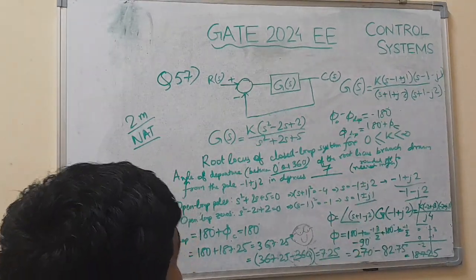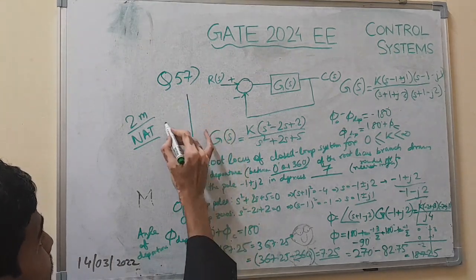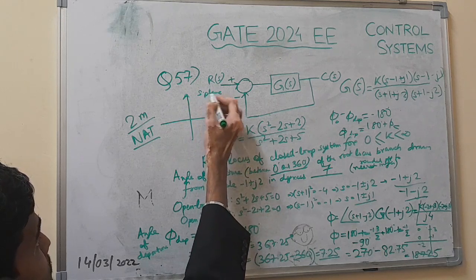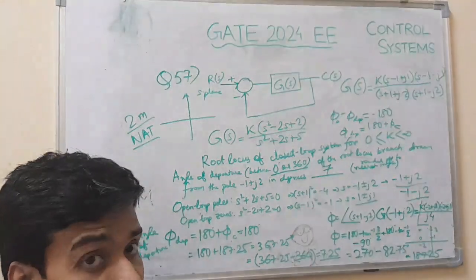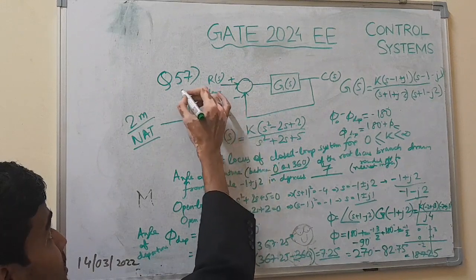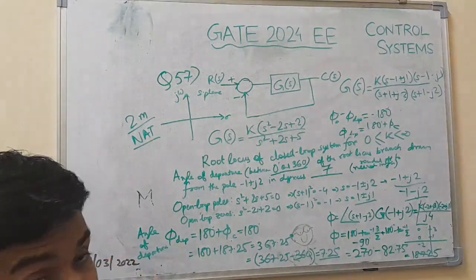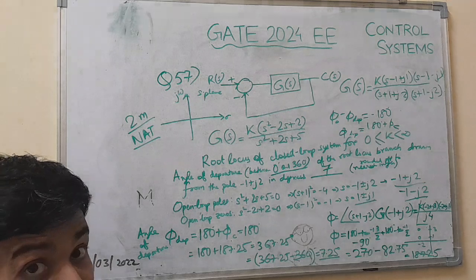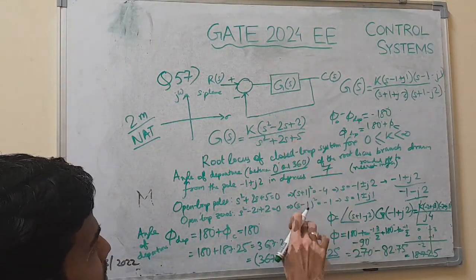Now let's cross check. Let's show the root locus. This is for verifying or cross checking purposes, as I have already found the answer as 7. अब आपको फिर से इसे क्रॉस वेरीफाई या क्रॉस चेक करना है, ये देखने के लिए कि हमारा आंसर सही है कि नहीं, क्योंकि ये NAT टाइप क्वेश्चन है, तो कोई ऑप्शंस का रेफरेंस भी नहीं है, गलत होगा तो पता भी नहीं चलेगा, इसलिए एक बार क्रॉस चेक कर लेना बहुत जरूरी है।